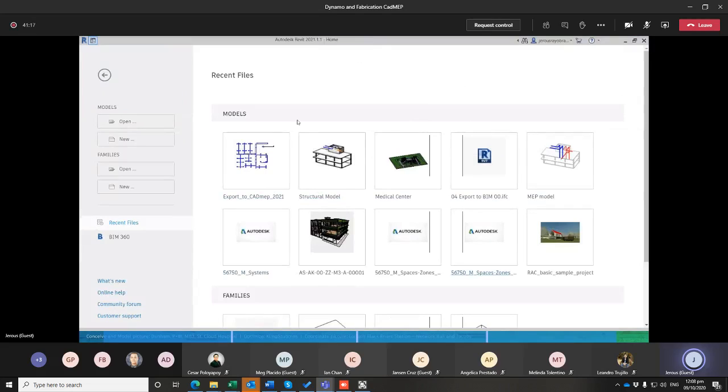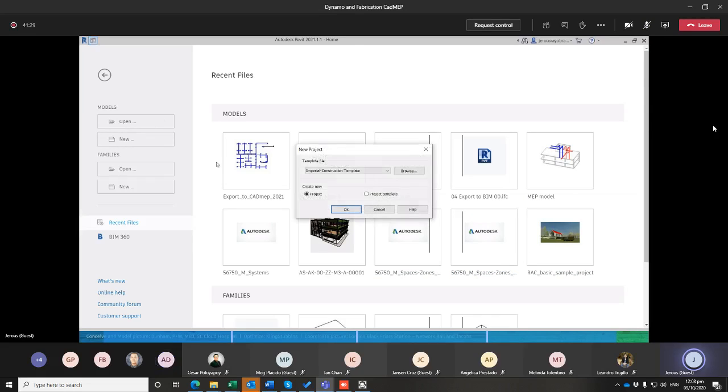So can you confirm that you can see my Revit? So basically, if you can now see my Revit screen, we can start